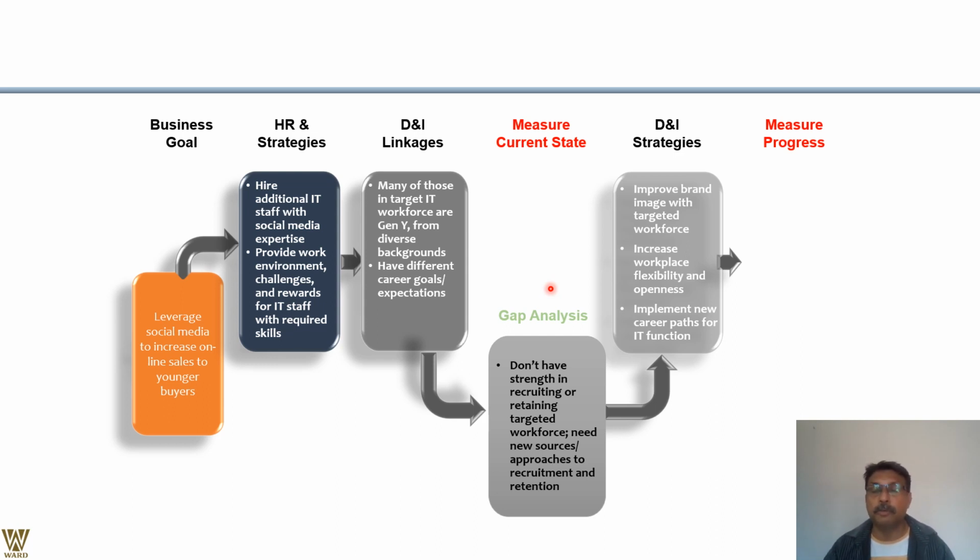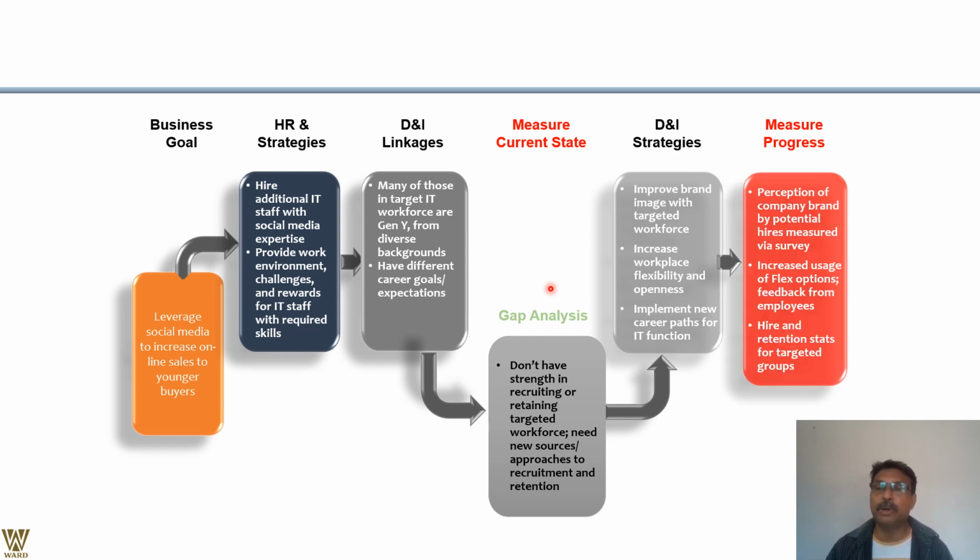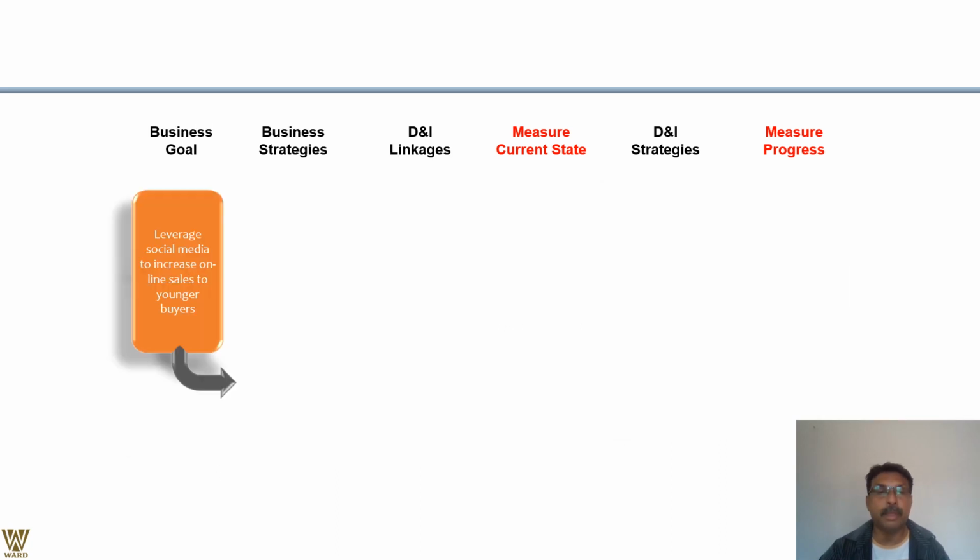Increase workplace flexibility and openness. Implement a new path for IT functions. And last but not least is the perception of the company brand by potential hires, measured via survey. Increased usage of flex options, feedback from employees, hire and retention statistics for the targeted groups thereby. So yes,